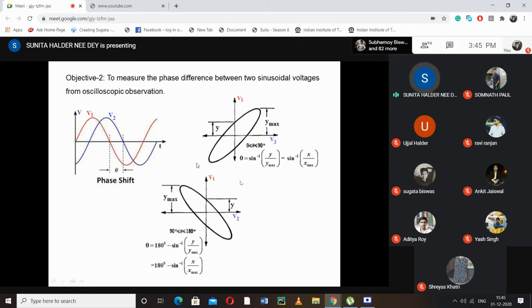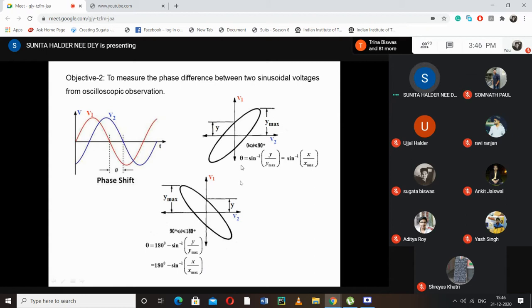So here, if we give V1 in the Y plate and V2 in the X plate, in this waveform, who is leading? Obviously, V1 is leading because V1 is crossing 0 first. So you will get this type of expression. At the same time, if you alternate, I have not drawn this one, then you will get the opposite scenario. In the same way, if it is in the third quadrant, then theta can be calculated in this way. Theoretical portion I am not discussing, you have already gone through this. So in this way, we can measure the phase shift between any two voltages.